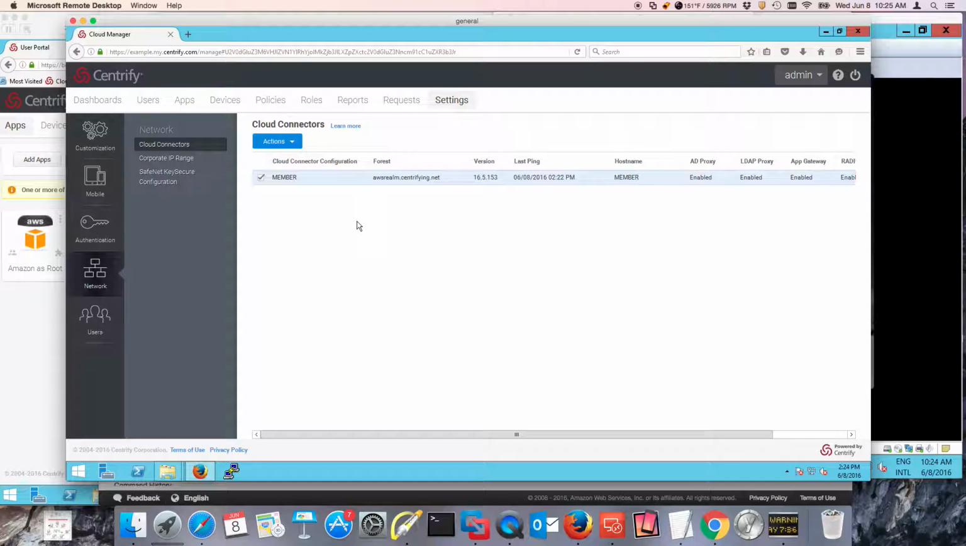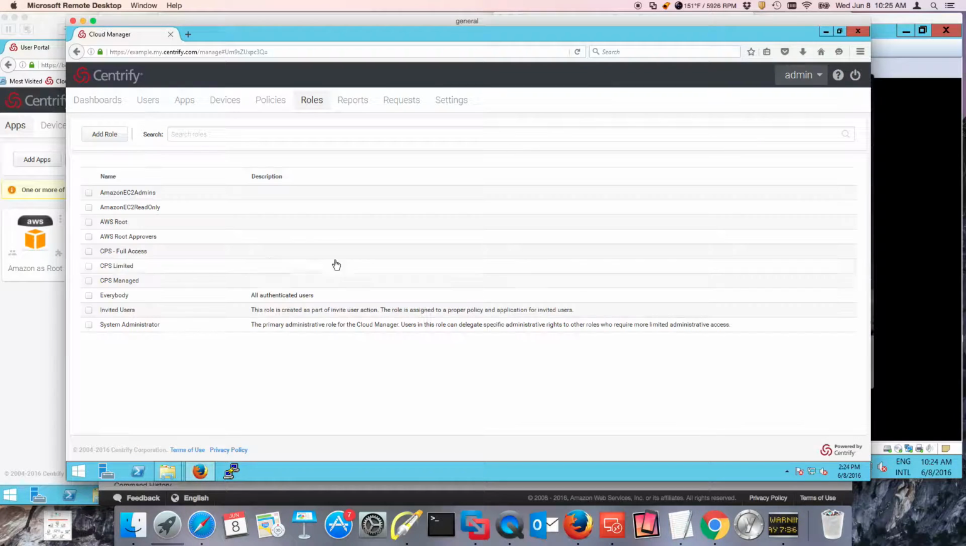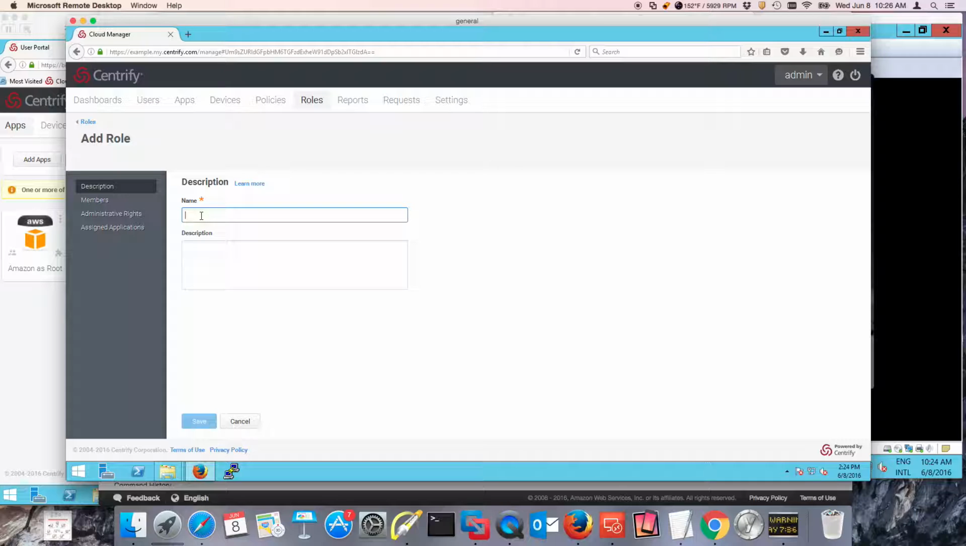Now we need to authorize the machines that are going to be doing multi-factor. We can do this in roles. There are two things we need to do. We need to add the machines that are going to be authorized to process multi-factor requests on behalf of users, and we need to provide them with rights. So I'm going to create a role. I'm going to call it step up